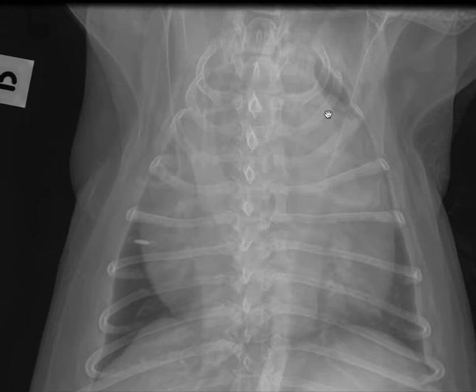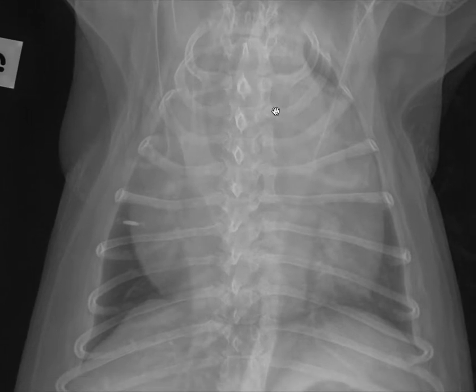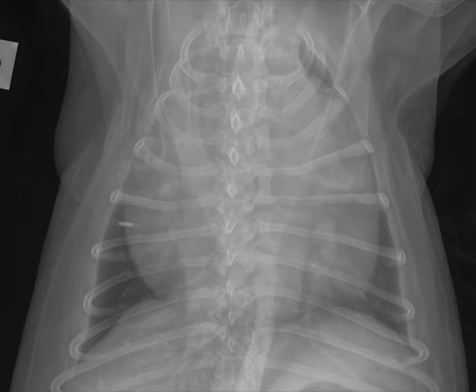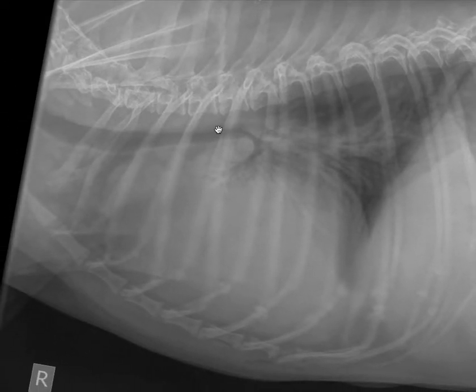So taking together this globoid appearance, all of this sort of border effacement with mediastinal structures, and this severe, and I would call this severe enlargement, we could conclude enlarged cardiac silhouette, and I would have landed exactly where many of you did in comments that have already been posted. This is highly consistent with a severe amount of pericardial fluid.